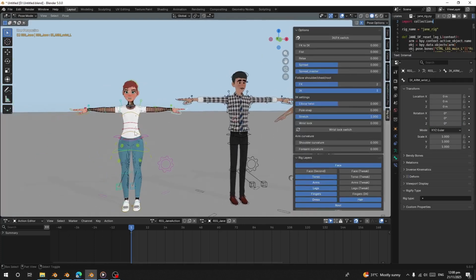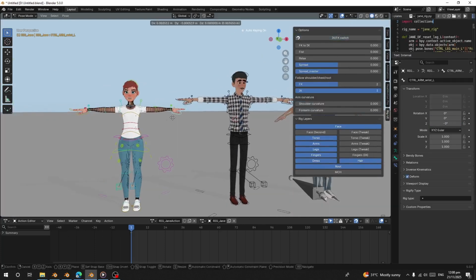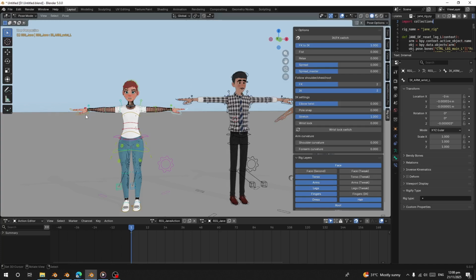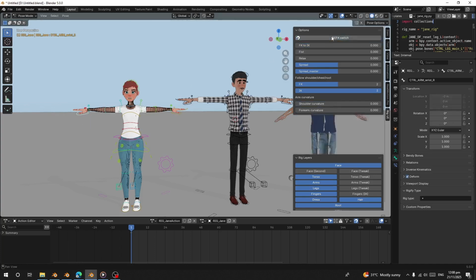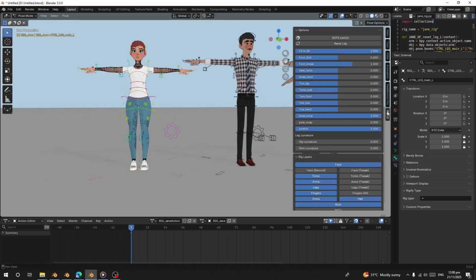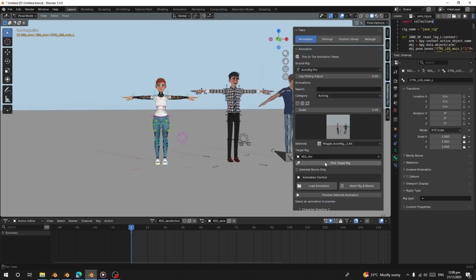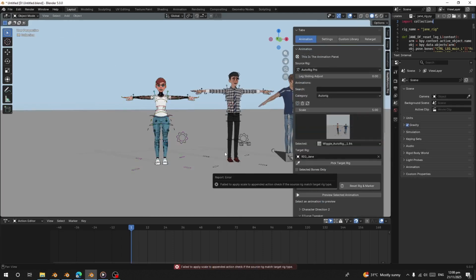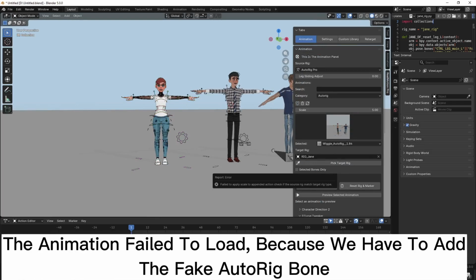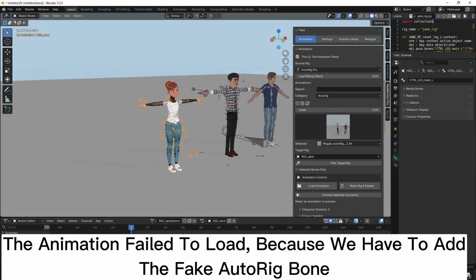So this rig comes with rig properties, so I'm going to switch this one to IK, and this one to IK too. Now let's go to RealMotion Pro, and I'm going to assign this rig. Since I saved this for auto rig and this is the animation, I can just click on load. You see it says fail to apply animation to this because we have not made this one as auto